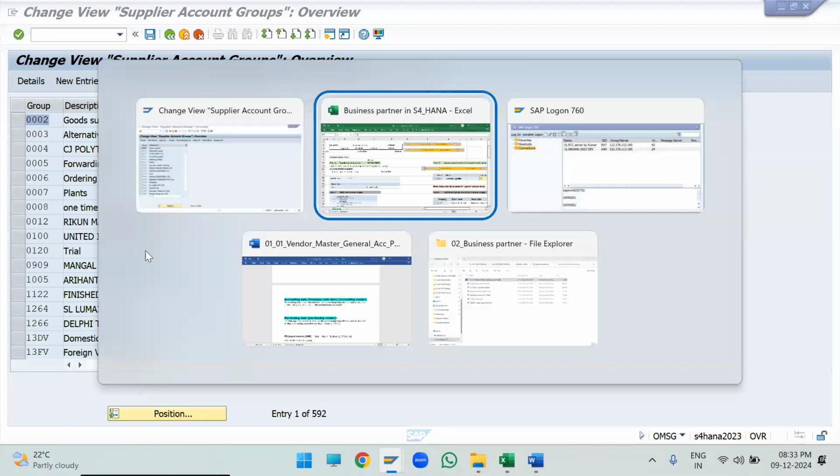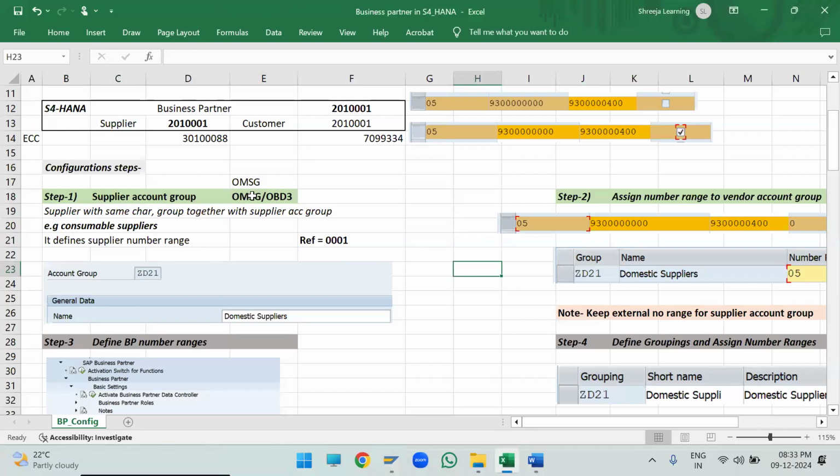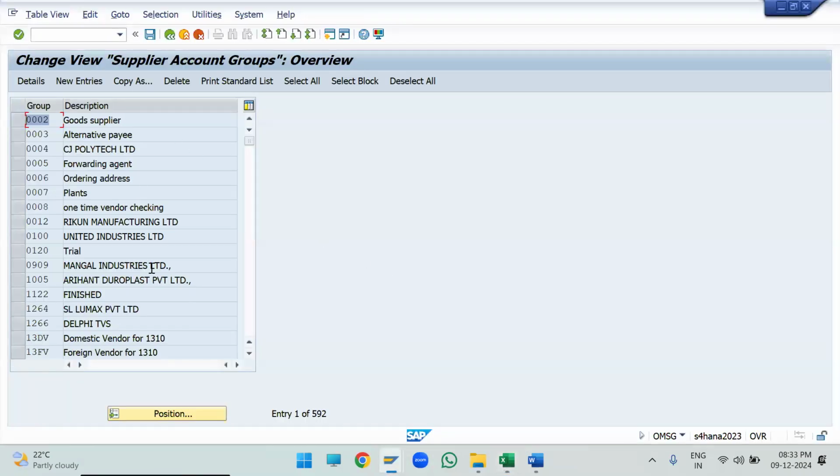Here you have to use 0001. This is a standard supplier account group which is given by the SAP, okay, which is given by the SAP. So here 000 is not there. So I will use